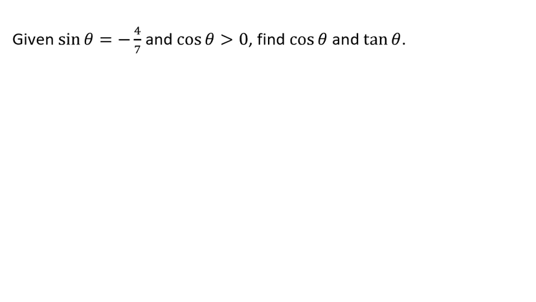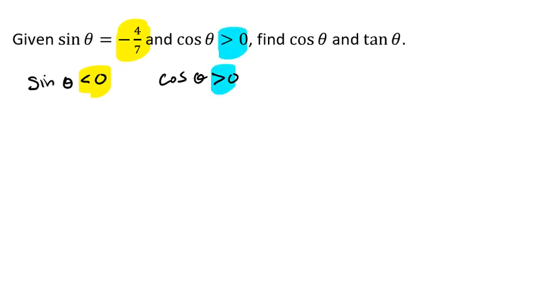Now, it's important to note that when we see that we've got the sine of theta being less than 0, which is what we have right here, a negative number, and when we have that the cosine of theta is greater than 0, again, what we have given here, that means that we're in the fourth quadrant. So as I look at that fourth quadrant, we could say that our angle is going to come all the way to here,